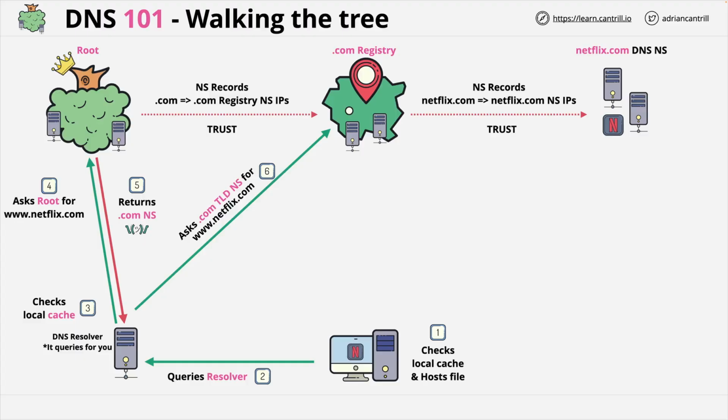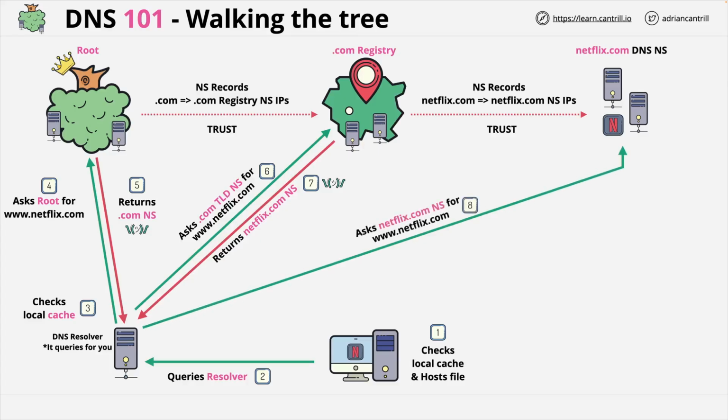And so the details of the netflix.com name servers are returned to the resolver. Well, now the resolver can move on, and so it queries the netflix.com name servers for www.netflix.com. Because these name servers are authoritative for this domain, because they host the zone and zone file for this domain, and they're pointed at by the .com TLD zone, they can return an authoritative result to the query back